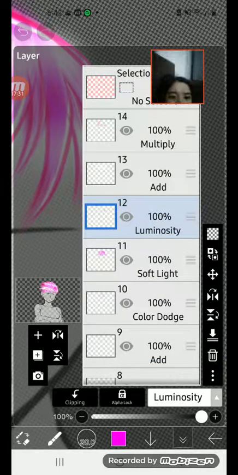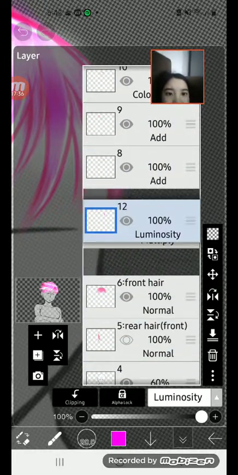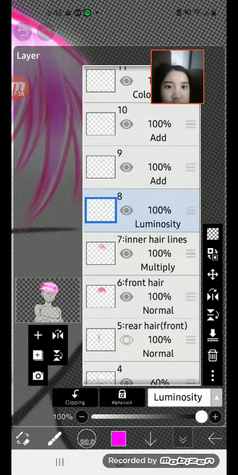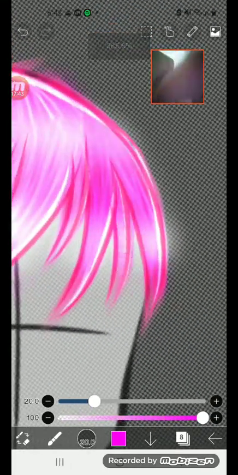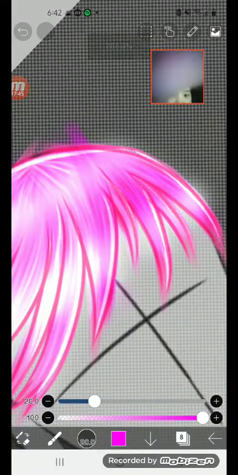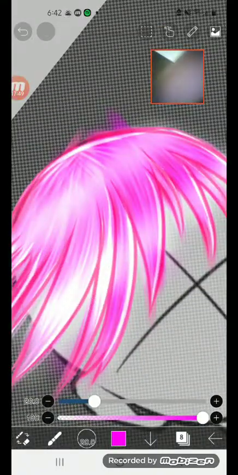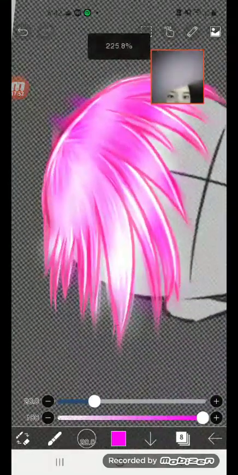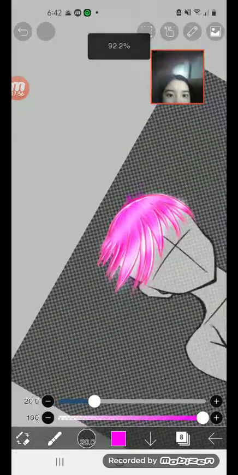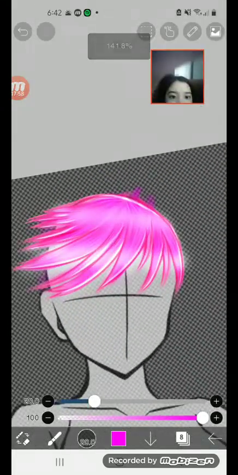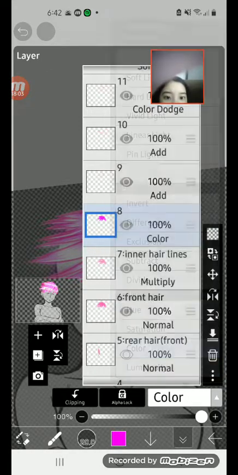But if you still want to use luminosity, put this on top of inner hairlines, but you need to make sure you put it under the other layer that you use that's not having a name. And then actually it looks pretty weird, so